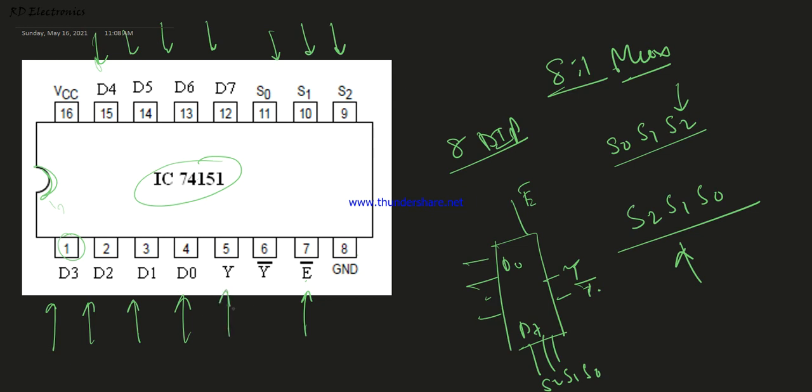And one output is Y, the active high output, and another output is the active low output. There are 2 outputs available from this IC chip. Okay, so next one is